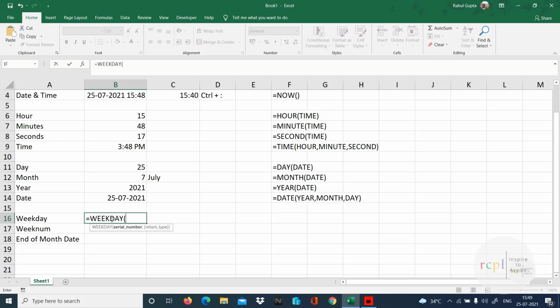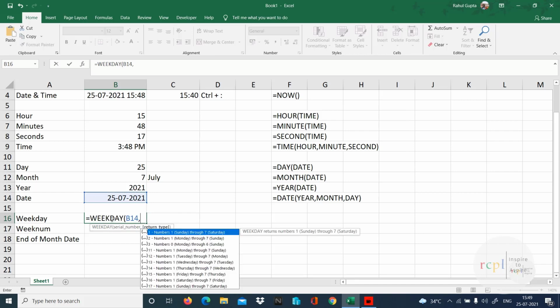What's a serial number? It basically means a date. So that's my date which I have to select. Comma, return type, from where you want to start. So you can see there's a list. It says second number where Monday is for first and Sunday is for 7. So select this second number